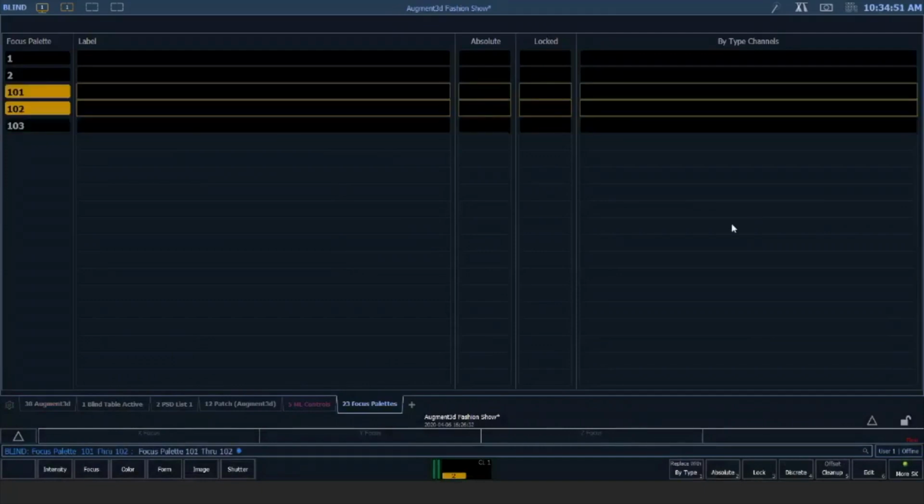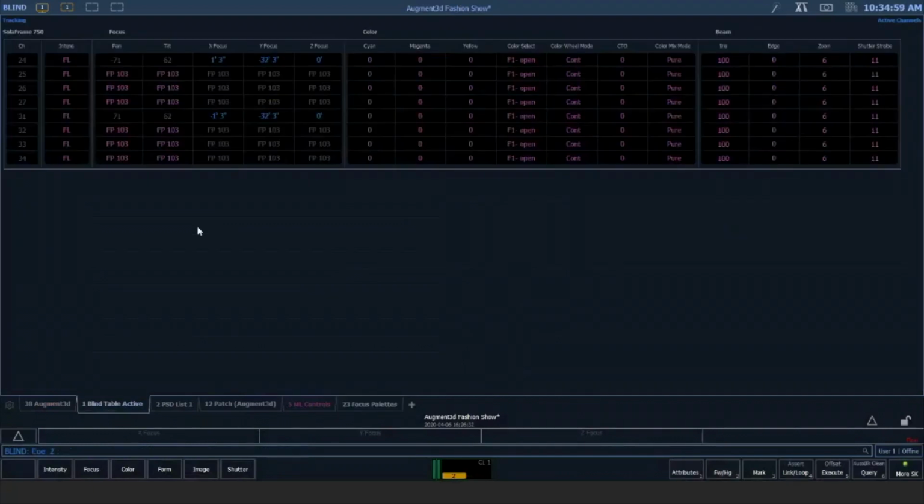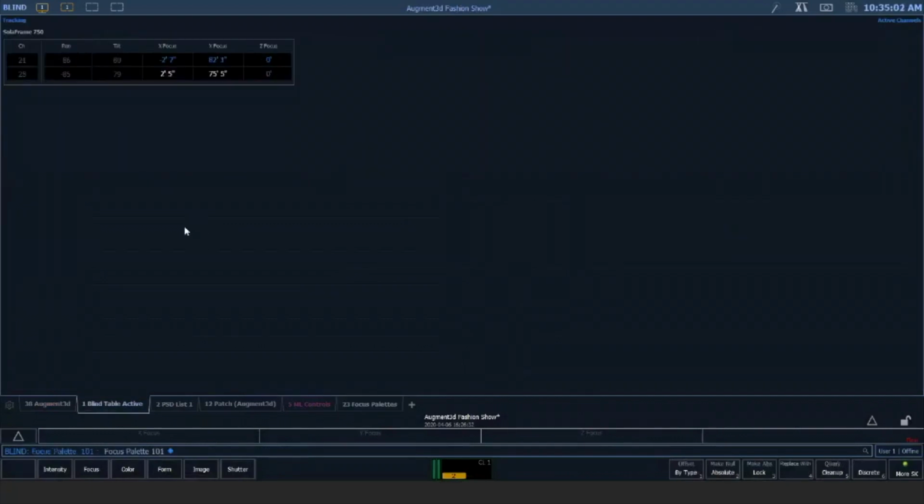We'll make those by type. We'll clean them up. And then if we look at those in blind, yeah, so these were stored slightly differently, but we could obviously do an add enter, and those are going to function just like a by type palette would